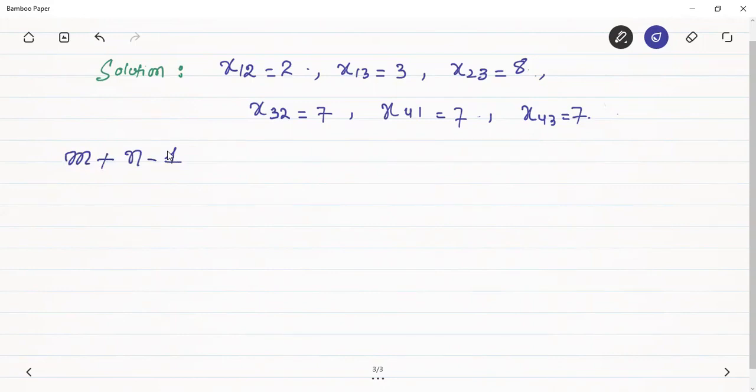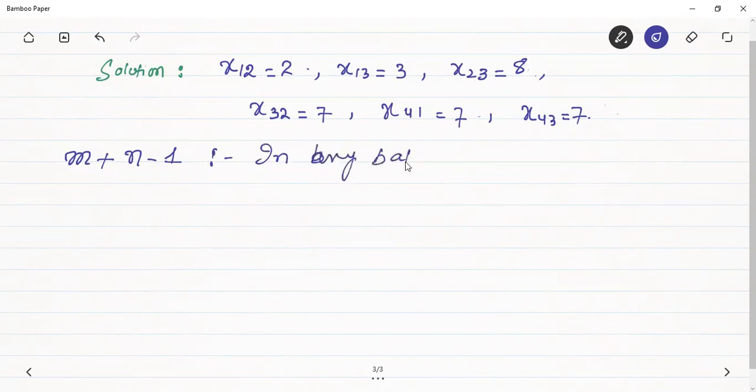So let me discuss what is the rule here. The rule is m plus n minus 1 rule. It says that your solution will be feasible when the allocations in the basic cells will be equal to m plus n minus 1. So what does this rule say? That I will write here: in any balanced transportation problem,